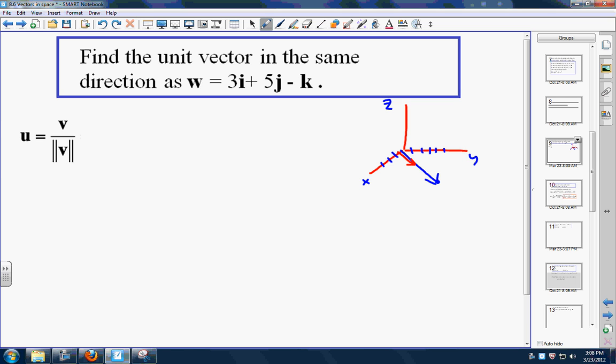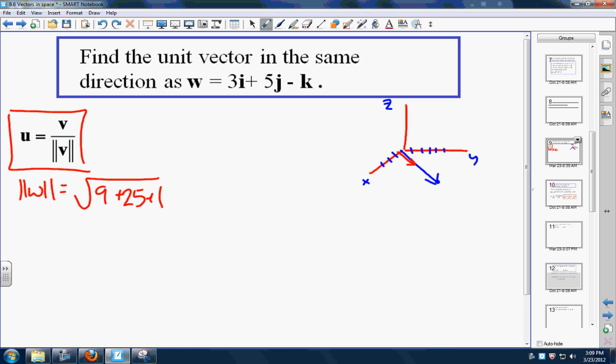Okay? So we're going to use the same vector formula as before. You just take the vector on the top, you put it over the magnitude. So we need to find the magnitude of W. And just apply it. So that unit vector is going to be